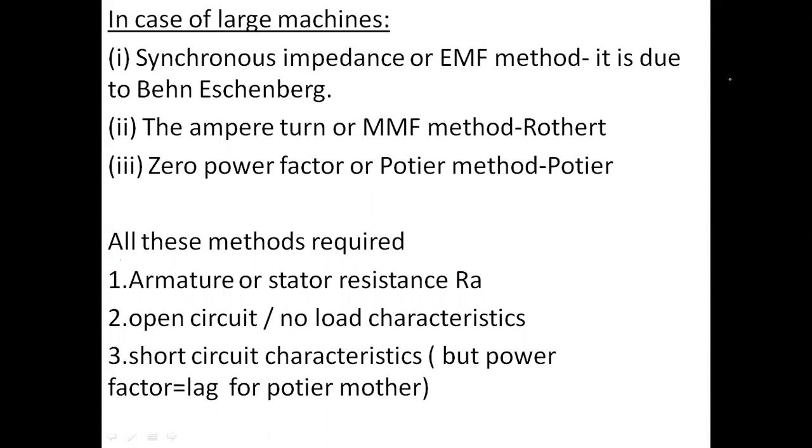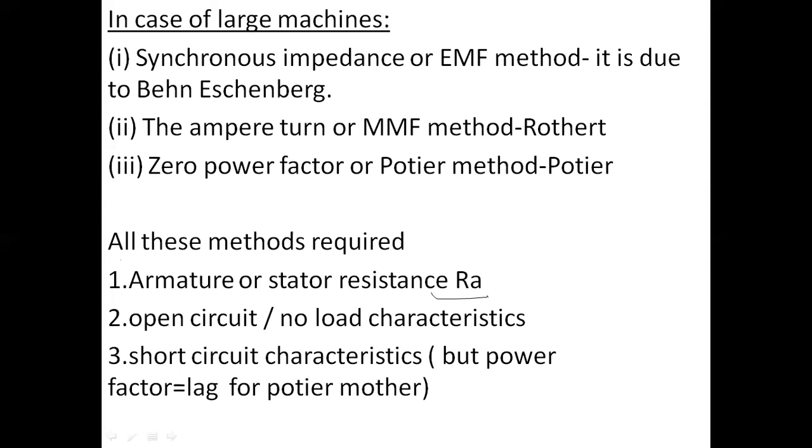First one, the value of RA. This armature resistance per phase is directly measured by the voltmeter and ammeter method, or by using the Wheatstone bridge method. You know all about the ammeter voltmeter method or Wheatstone bridge method. Under working conditions, the effective value of RA is increased due to skin effect. The value of RA is increased by 60%, and we have to allow for this effect also. So generally the value taken is 1.6 times the DC value.